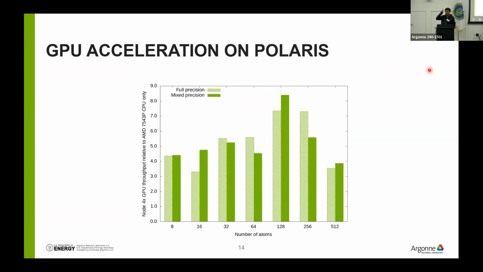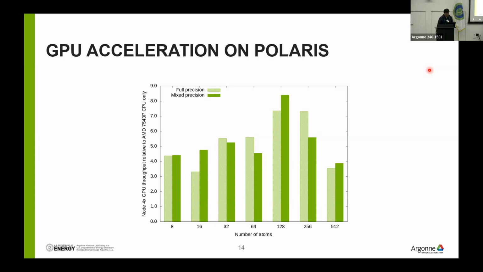Okay. Polaris is a Cray machine. Each node has 32 CPU cores, single socket, and 4 A100 GPUs. So now the baseline is the CPU performance. So x86 libraries are a bit more efficient and have wider vector support, so the CPU performance is actually better. Even though A100 is faster than V100, there are only 4, so the speed up is not so significant compared to